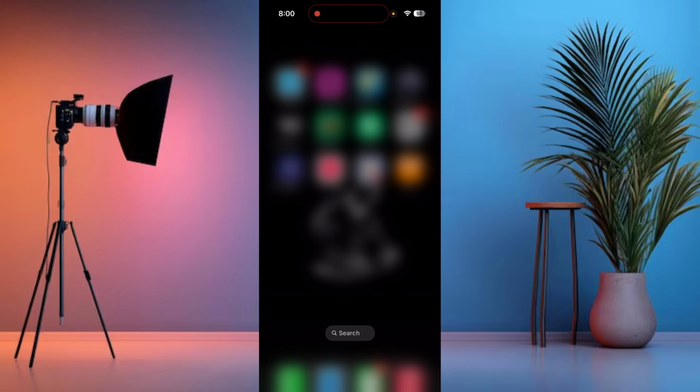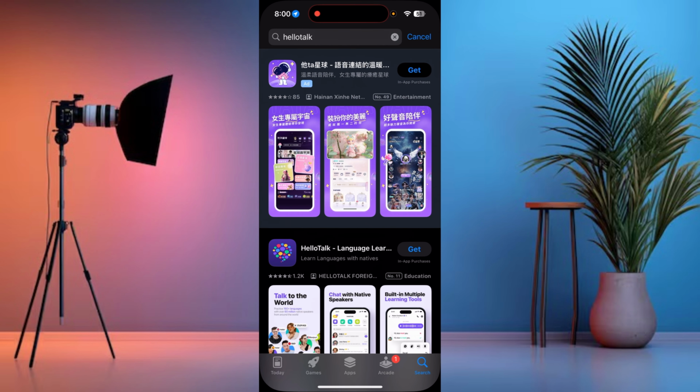So all you need to do is open your Apple Store and then search for HelloTalk and then press on get. It will start downloading. After it is downloaded, you press on open